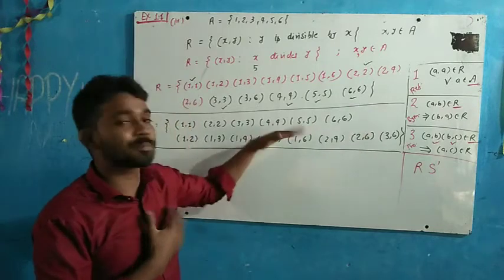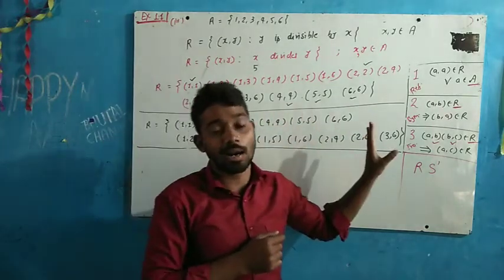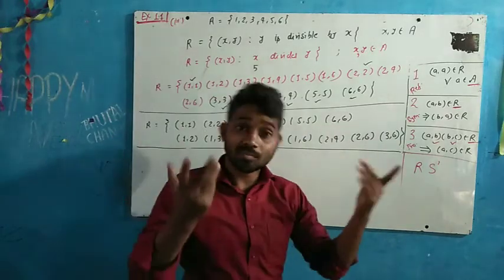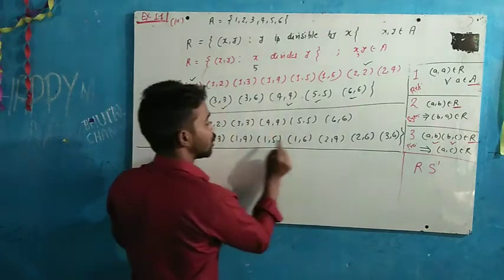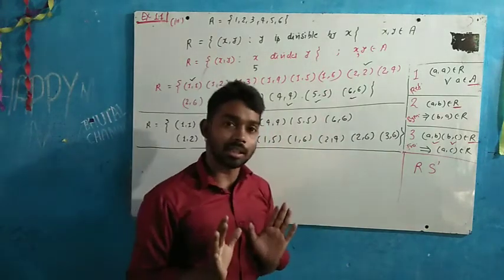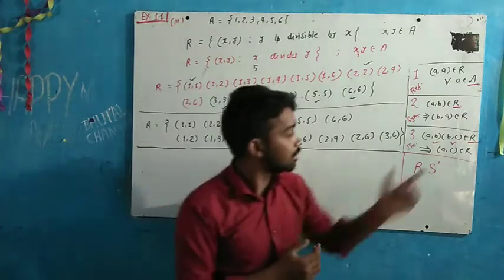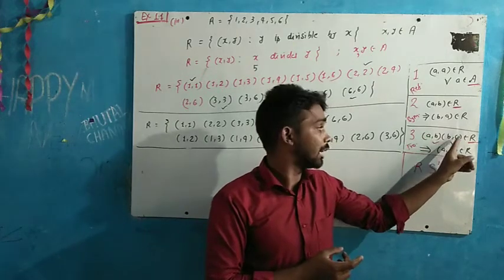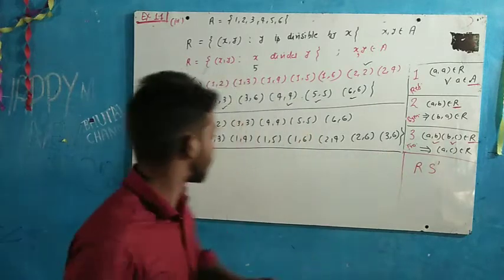Now see, 50% of the process is over. No need to check (1,1), (2,2), (3,3), (4,4), (5,5), (6,6). Already these are showing the transitivity. Clear? So we have to check only the remaining 7 elements. And the process, how I have told you: take 2 elements in which this should be the same, and after that this implies that the first should be connected with the third. Let's see, I am going to check here.